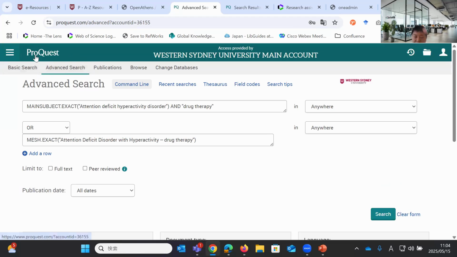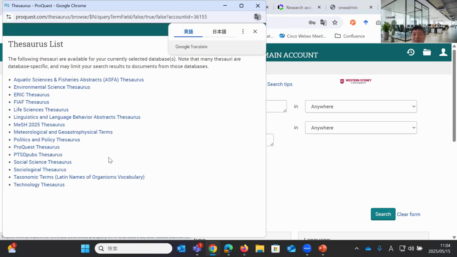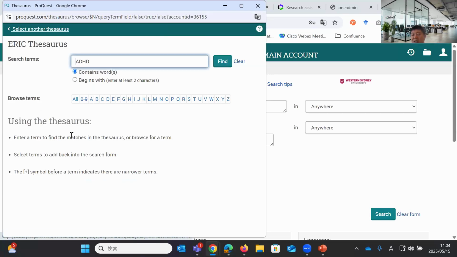And from the ProQuest platform advanced search, by clicking thesaurus next to the advanced search heading, you see the list of thesauruses. But please remember, just like I showed you with MeSH, if I use ERIC, that's again another database for education provided by the U.S. Department of Education. Like MeSH, you can use ERIC to find full text contents within ProQuest.